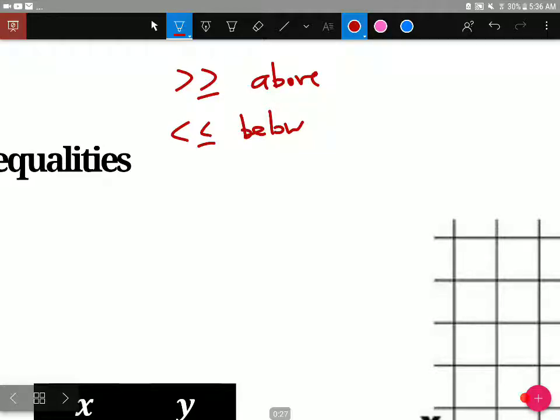If it's got the little or equal to sign with it, it looks like somebody who's mad. I'm going to give him a nose. That's going to get a solid line. If it's just got the less than or greater than sign, without the equal sign,